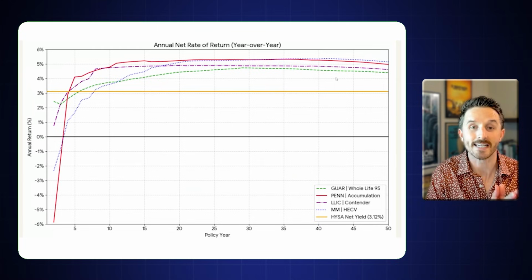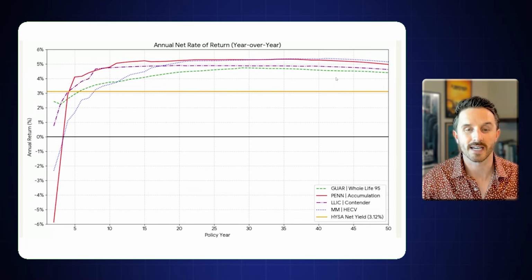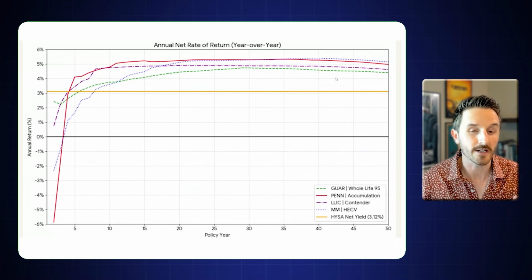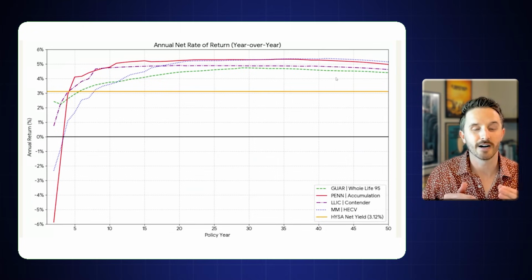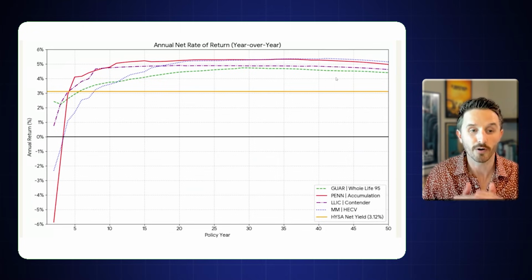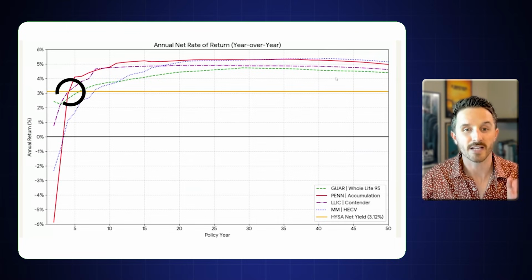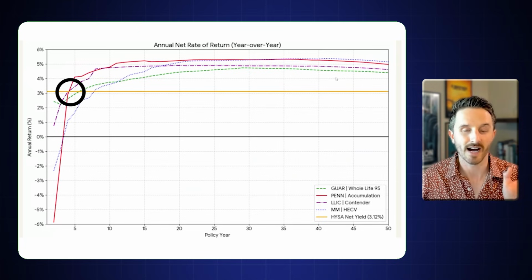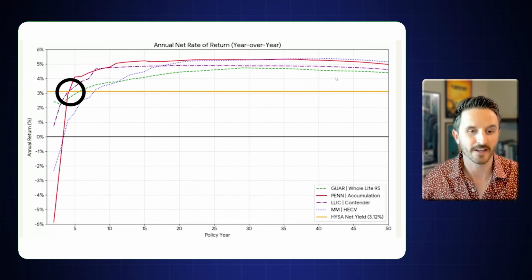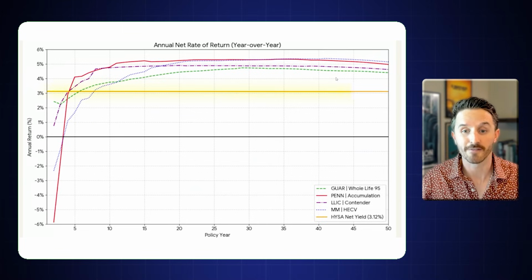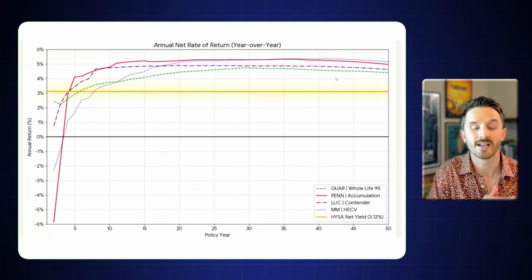At first, it is the highest net rate of return because once again, there are no internal net charges like there are in the whole life chassis. However, it does not take very long, within about 4 years, for the net rate of return of the whole life insurance policies to be equivalent, which is basically just above 3%. At Lafayette Life and at Penn, you see that at about year 4, the annual net rate of return is the same as the high yield savings account, as the Lafayette Life and the Penn whole life policy. And then the high yield savings account stays at 3.12% for the rest of the 50 years,